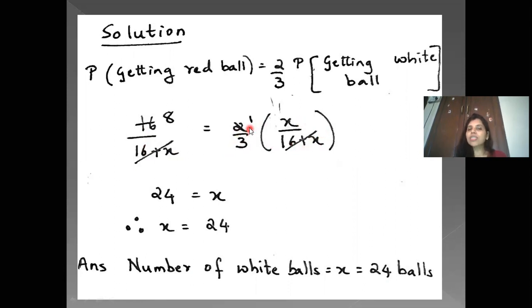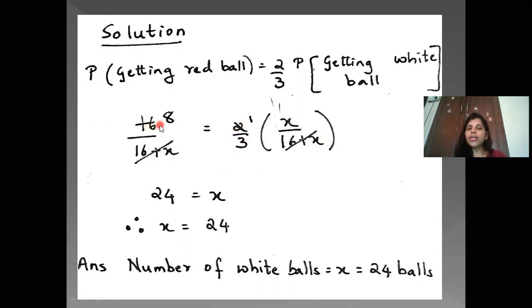Now as you can see, this is multiplication in between when you are writing bracket. So that gives you the authority that you can cancel the 16 plus x and 16 plus x, because if there was plus sign or minus sign in between, you cannot cut the denominator. But as it is multiplication, because when you take it over here, it will become multiplication, and multiplication means it will come in the numerator, and you can cut numerator and denominator. That's the reason you can cut over here both the denominators, and you can cut over here both the numerators as well.